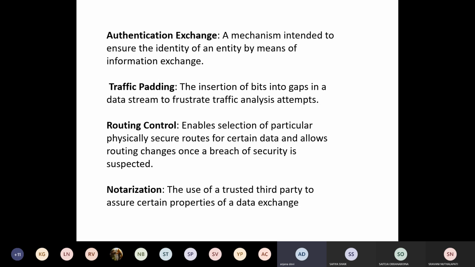Okay, next, routing control. Routing control means the data routing enables the selection of particular physically secure routes for certain data and allows routing changes once a breach of security is suspected. See, here we are enabling the selection of particular secure routes. If we are providing routes, from where the data is being lost, we are going to find out that route, and from that route we are providing some security mechanism such that the routing changes from